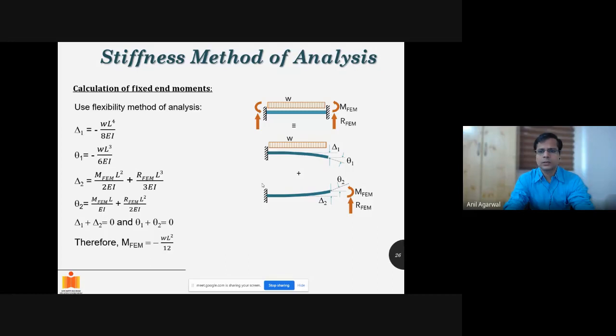moment. This example was already solved in earlier classes, so it was not discussed in much detail. I'm not planning to discuss it again. So basically, if you have any fixed beam, and you have a distributed load like this, we all know that the end moments